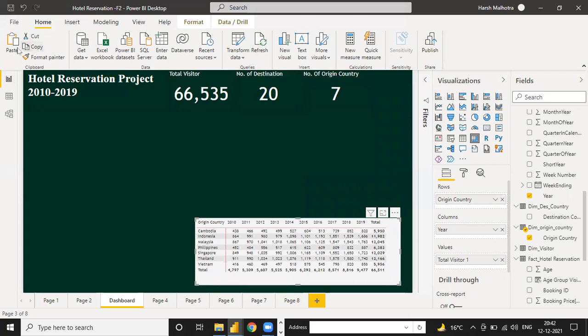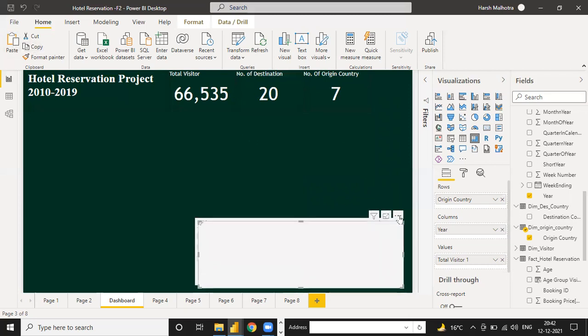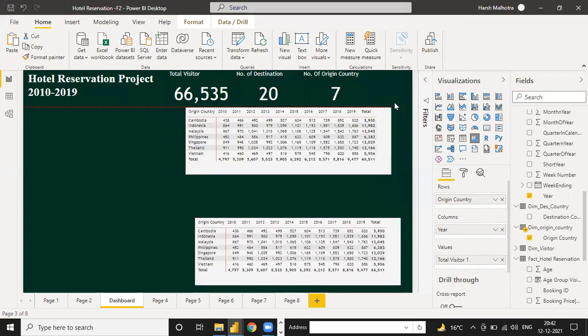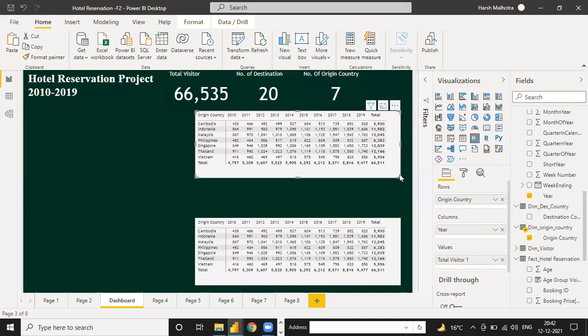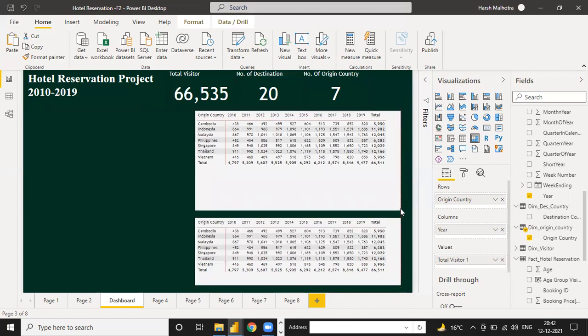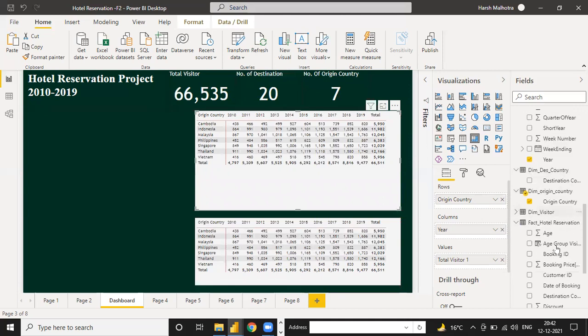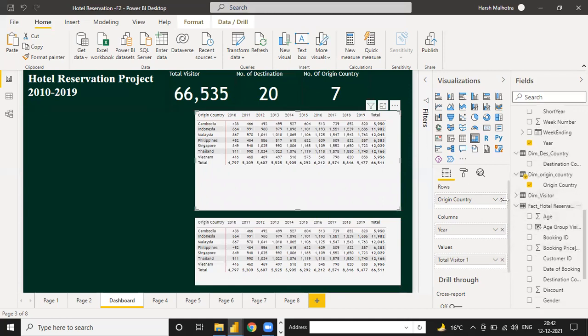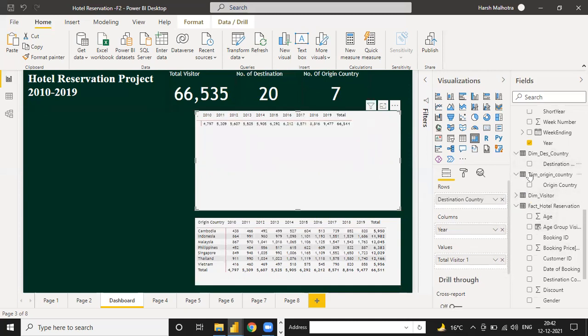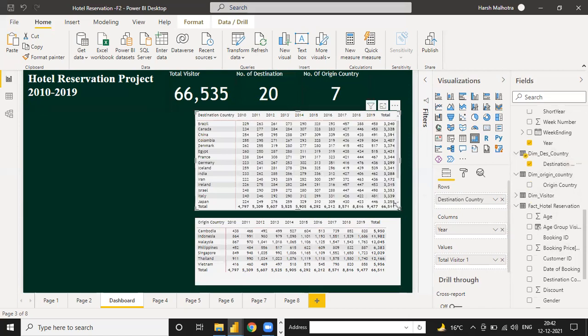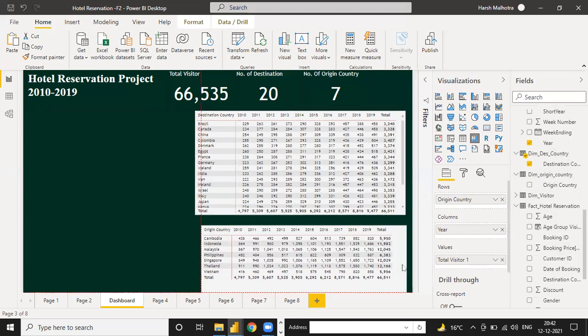Same, copy this and paste. Select down. Instead of origin, you can change to destination. Now it's your destination table. This one is your origin table.